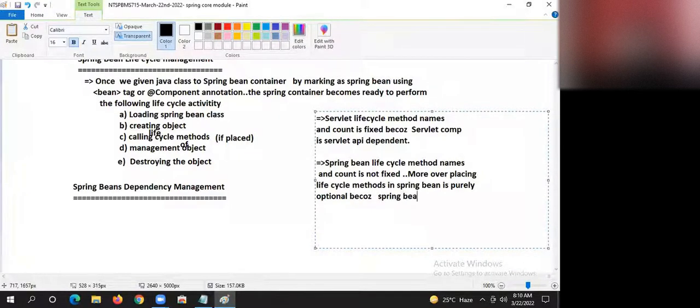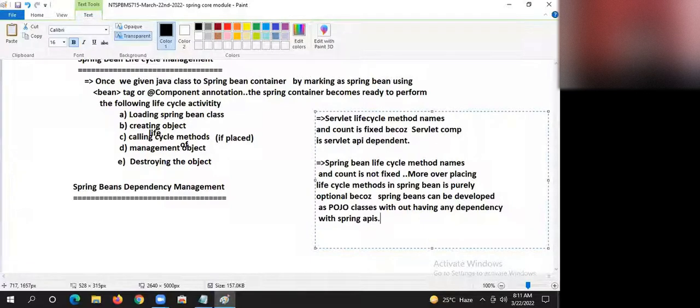Are you getting my point? Because Spring Beans can be developed as POJO classes without having any dependency on Spring APIs.